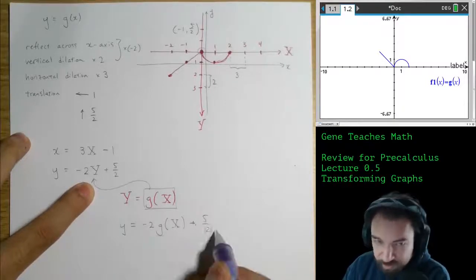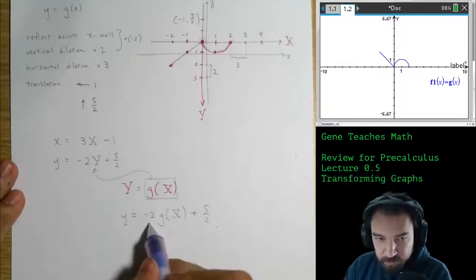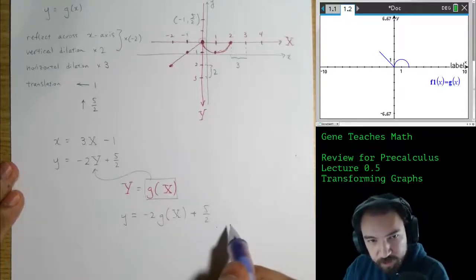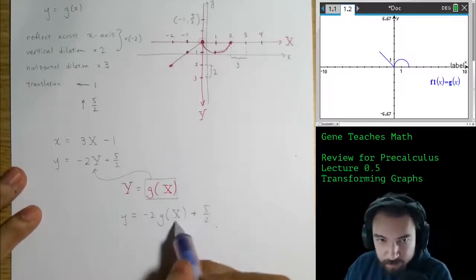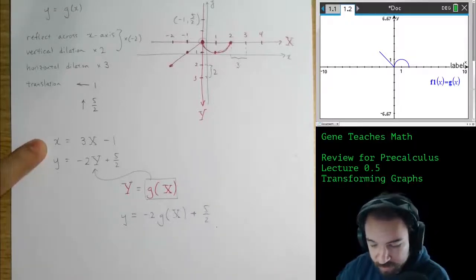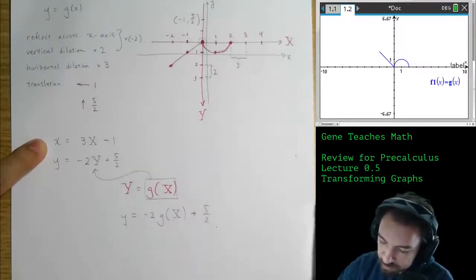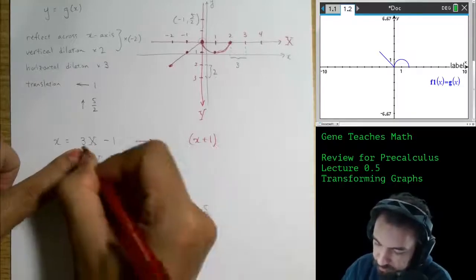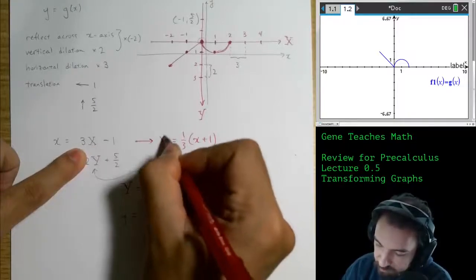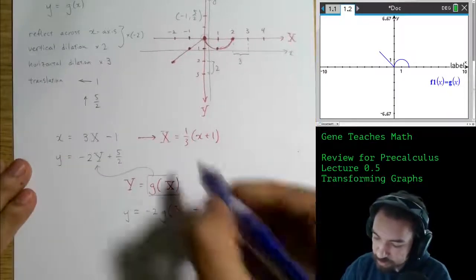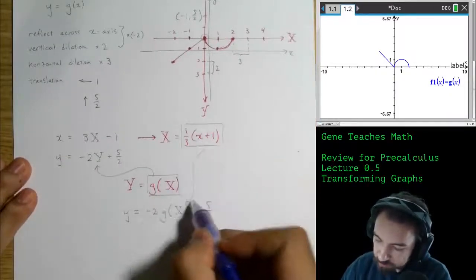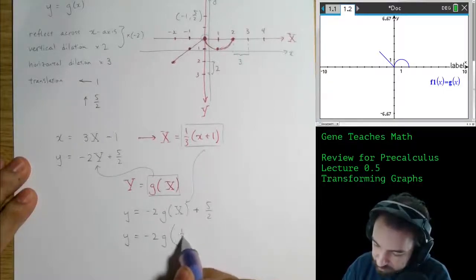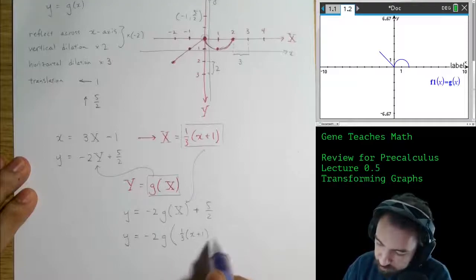So we notice outside the function, I'm doing a multiply by -2, that's the dilation, and add 5/2, that's the translation. So everything looks in order for the y coordinate. And then I would like to swap out the capital X in favor of lowercase x. So the way I'm going to do that is I'll solve for capital X, which means I add 1, lowercase x plus 1, and then I'm going to divide by 3. This is going to be capital X. So then I will take this and substitute it right in there. So this is going to be y equals -2 g of, big parentheses, 1/3 lowercase x plus 1, big parentheses,